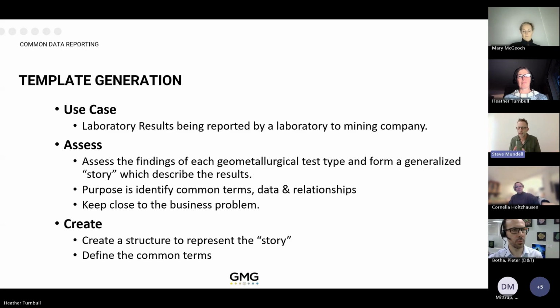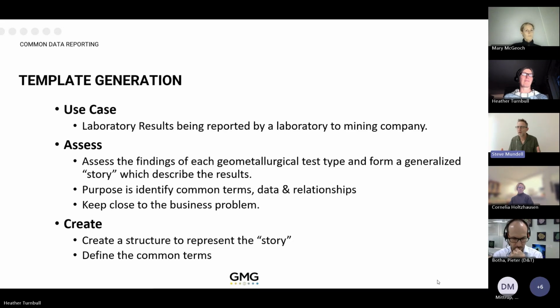So ultimately, to try and simplify this process, we focused on particular use cases, and in particular one use case which was the most common, which is around the laboratory results being reported by a laboratory to a mining company, rather than trying to do everything. So it's just trying to start off with something, and a key reason for that is to keep it close to the business problem, rather than making it a technical or academic endeavor, keeping it close to what the industry